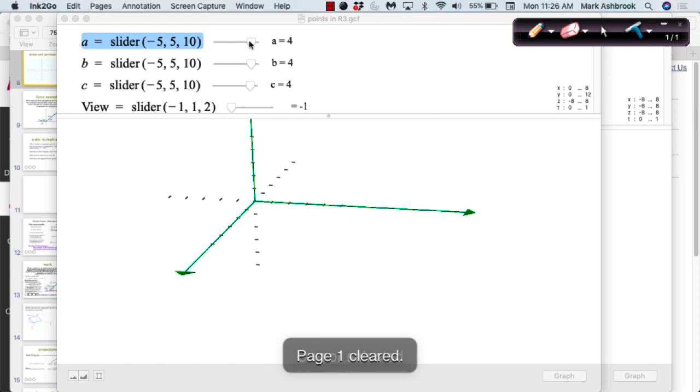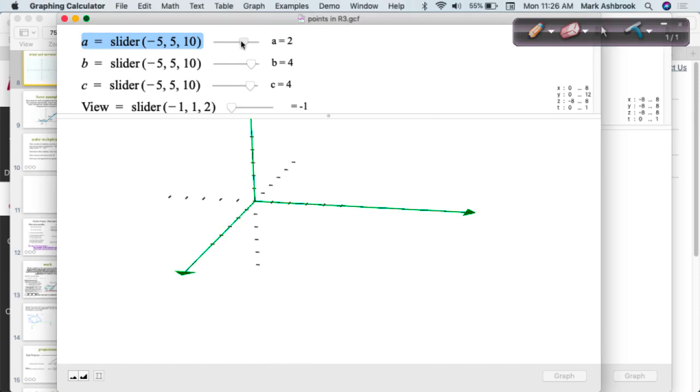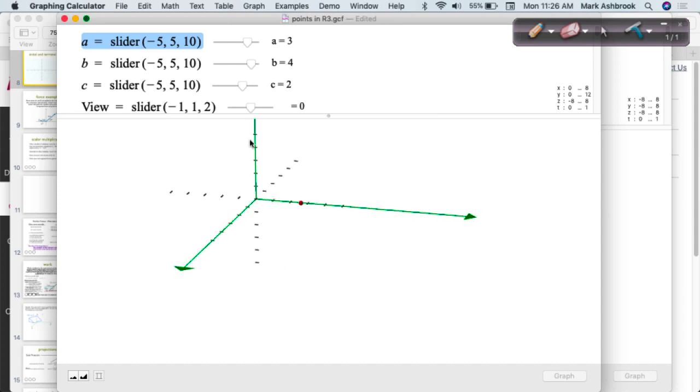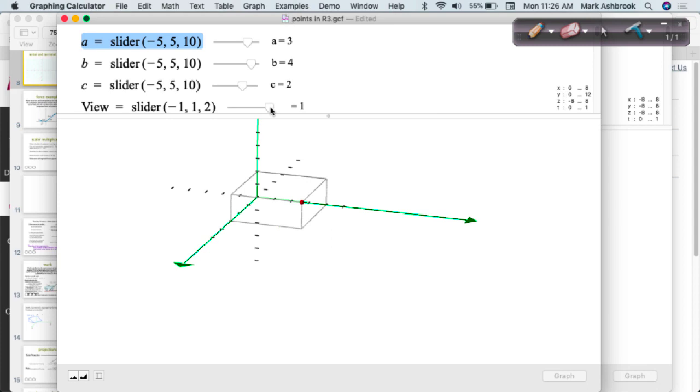So what did I say? 3, 4, 2? So let's set it at 3, 4, 2, and I'll turn on the point. So that looks like it's on the y-axis, but it is not. So I'll show you how it's not. If you draw the box, now you can see that it's